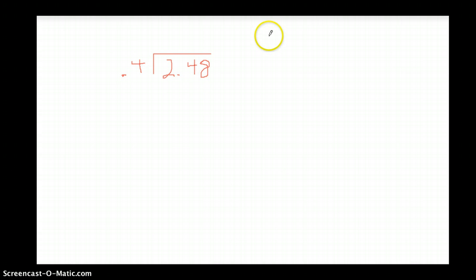Alright, as we think about that, it's this 2.48 divided by 4/10. Yuck, right? So we're going to rewrite that to make the bottom number a whole number,